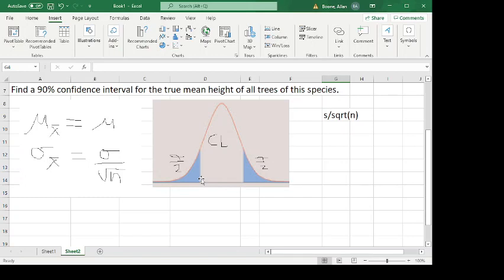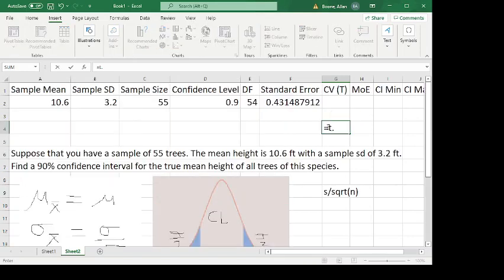Because the confidence level is how often you capture the true mean, alpha is the probability that you don't. And so we can just use the complement rule and subtract that from 1. Similar to the one with proportions, we're going to use the inverse, but instead of using the normal inverse, we're going to use the t inverse. All right, so we can say that the critical value is the t inverse